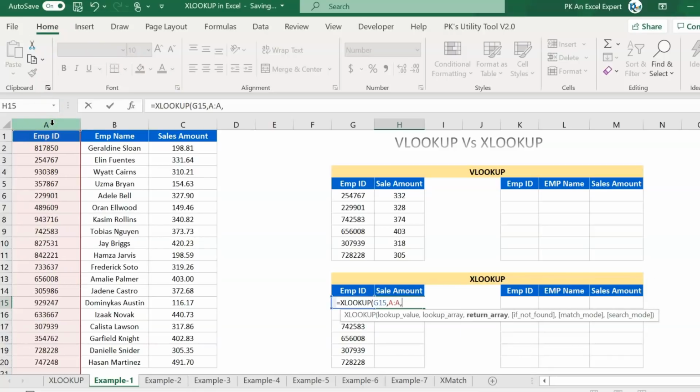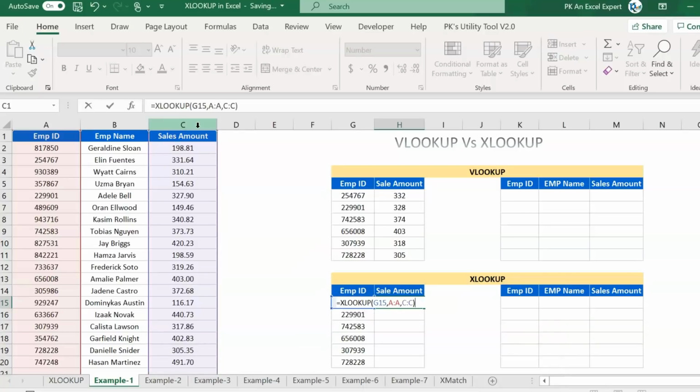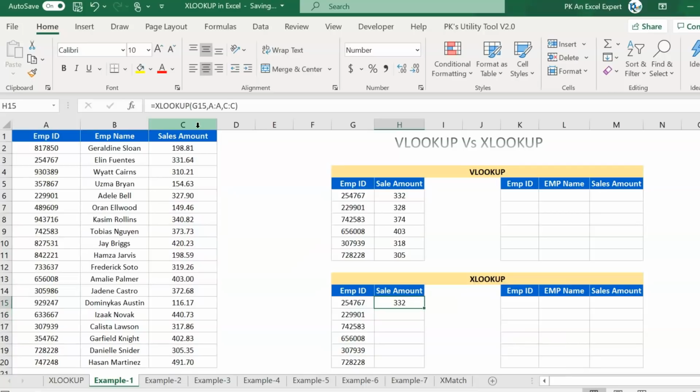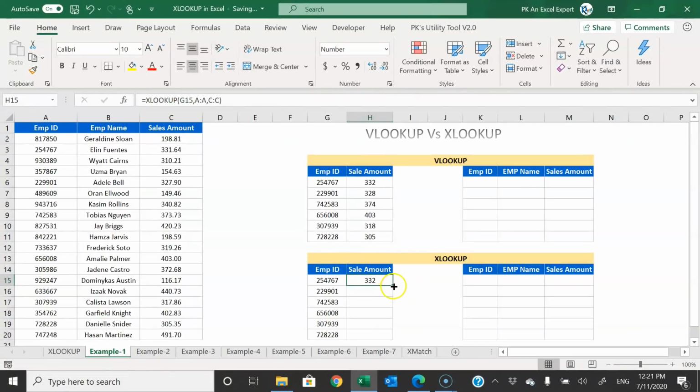Now comma, and we will provide the return array from where we want to return our data. We want to return from sales, so we will select this column only. This is our return array, and just close the bracket and press enter. You can see we are getting the result. We have not put any kind of column number here. Let me fill this down.